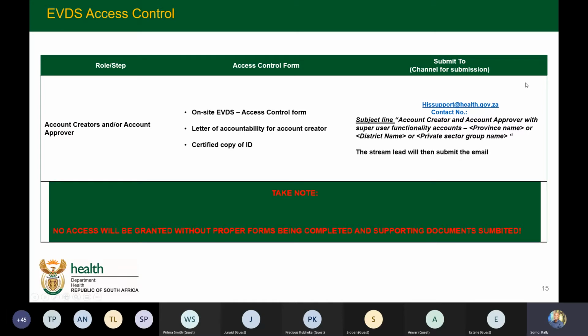What you will need is to fill out the access control form, which would have to be accompanied by a letter of accountability for the account creator, as well as a certified copy of the ID for that specific account creator and account approvers. And then you will submit this to this email,